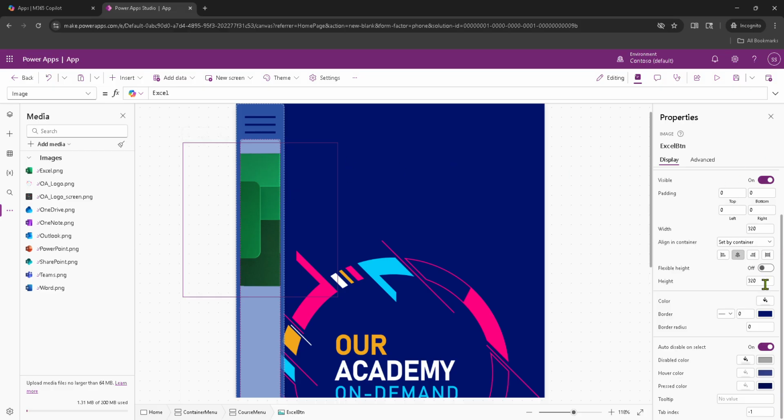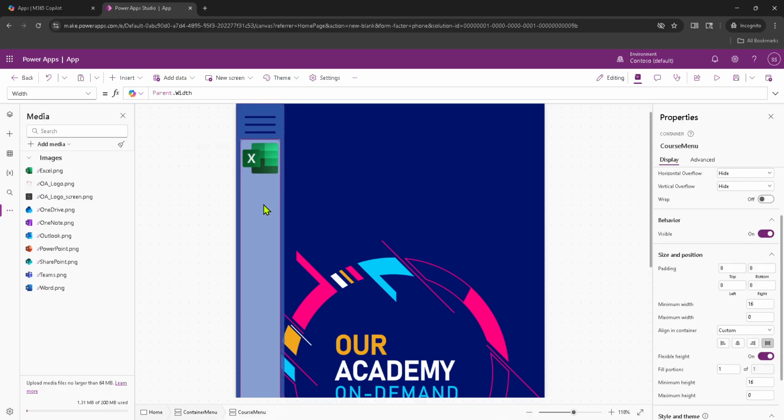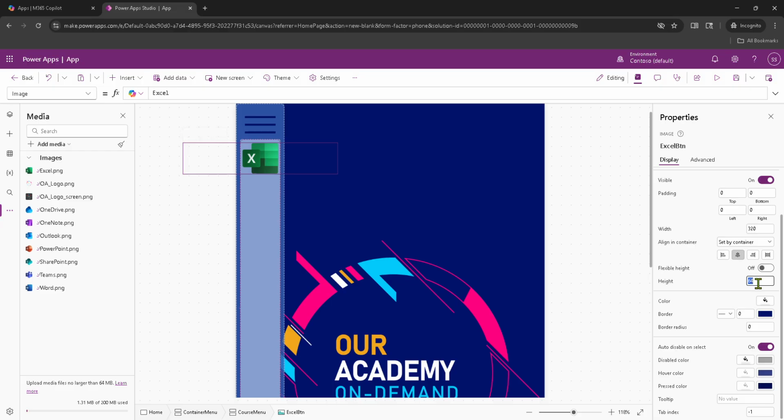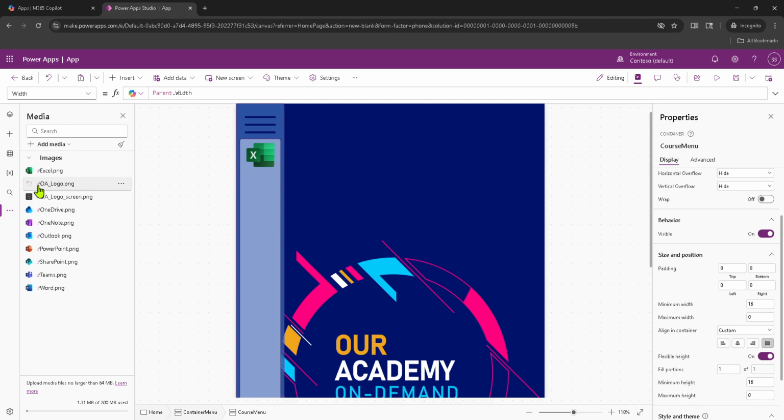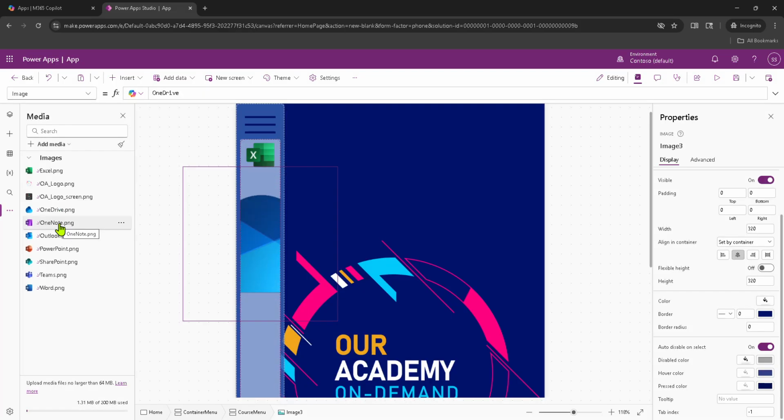So here, what I can do is make it smaller. So height should be smaller. Now it looks good, right? Or I can even make it 50. That depends on how I want it to be. Now let's add all of them. So this is OneDrive. Now this is OneNote. This is Outlook. Okay, it is going too big. So maybe I should just do resizing,